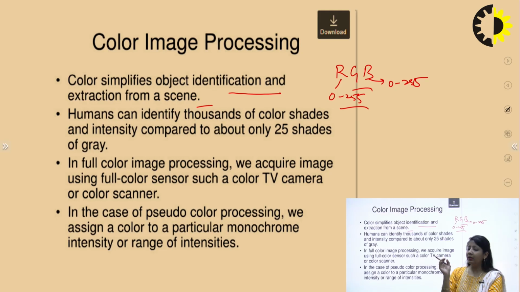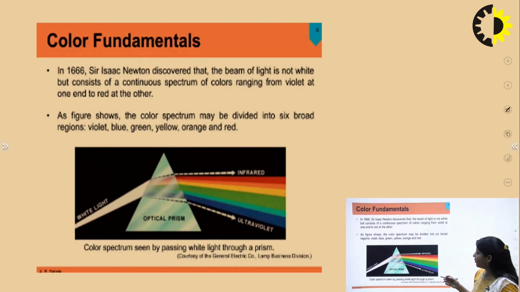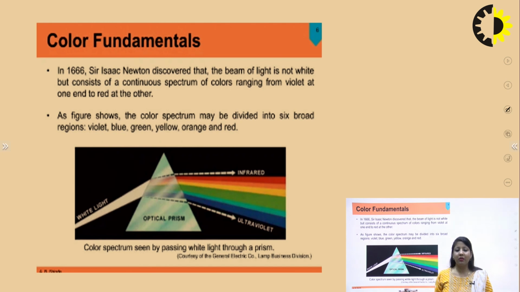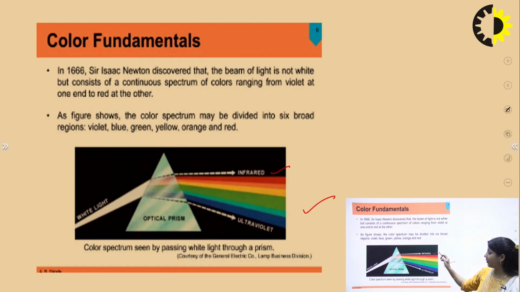In a color image the sensors are more powerful, able to capture color also. As we know from physics, when we have a white light source and pass it through a prism, it is divided into different colors, that is VIBGYOR. We have already learned this procedure. Beyond red the rays are called infrared, which cannot be seen with the naked eye, and beyond violet we have ultraviolet rays. This spectrum we already know.